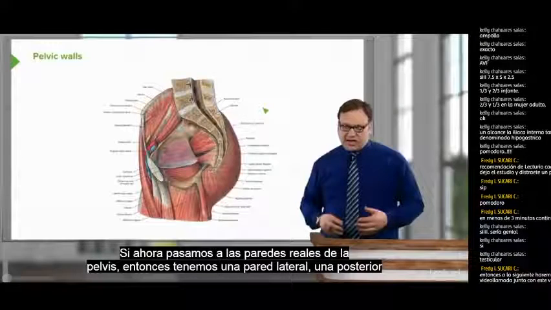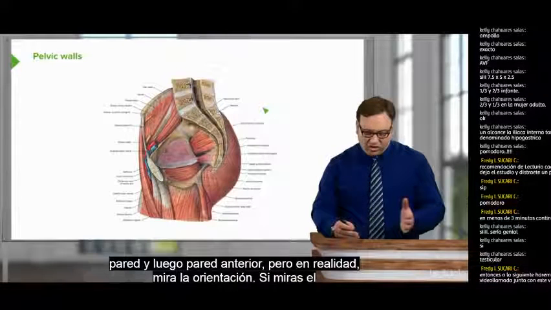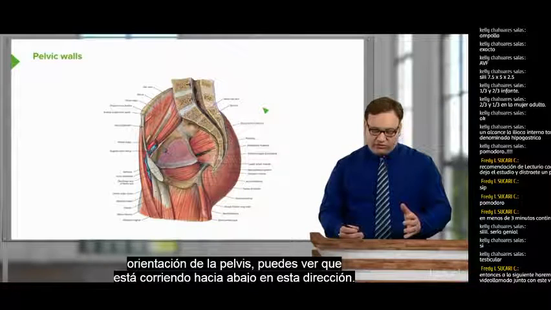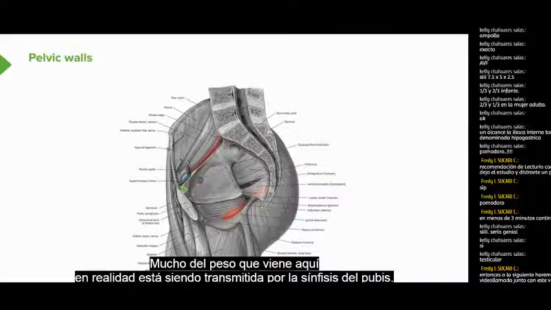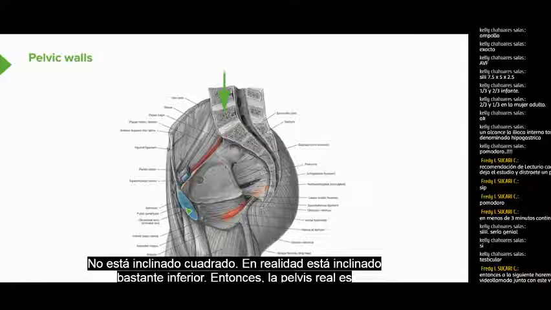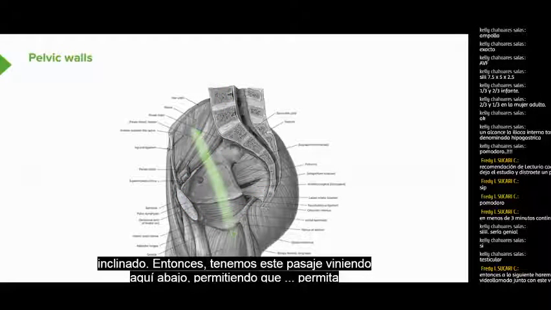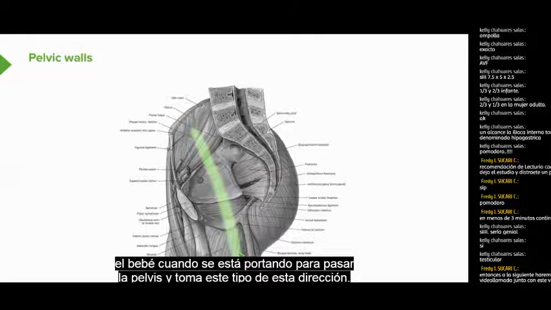If we now move on to the actual walls of the pelvis, then we have a lateral wall, a posterior wall, and an anterior wall. But actually look at the orientation. If you look at the orientation of the pelvis, you can see that it's kind of running down in this direction. A lot of the weight which is coming down here is actually being borne on the pubic symphysis. It's not tilted square. It is actually tilted quite inferiorly. So the actual pelvis is tilted. So we have this passageway coming down through here, allowing the baby, when it's being born, to pass through the pelvis, and it takes this